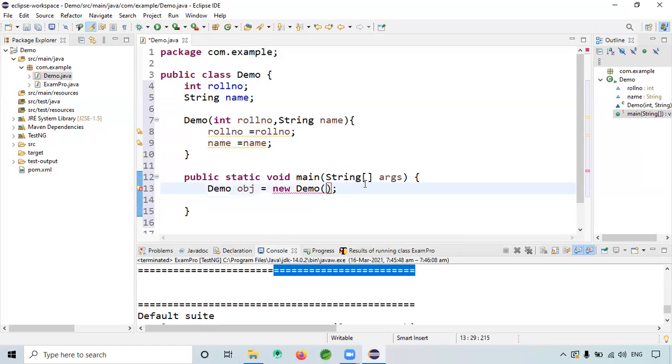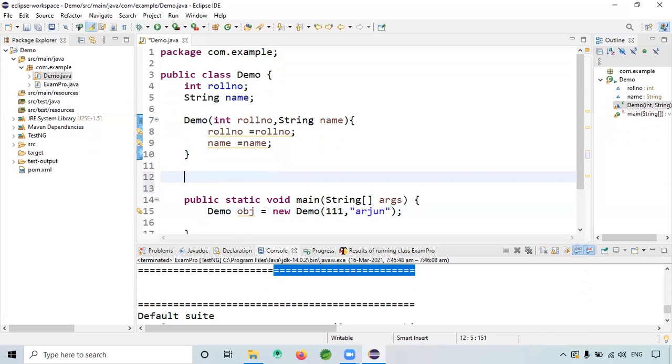Obviously we need to pass the data, so 111 comma, and some name like Arjun. Now I want to display this, so for that I will write one method, void display.